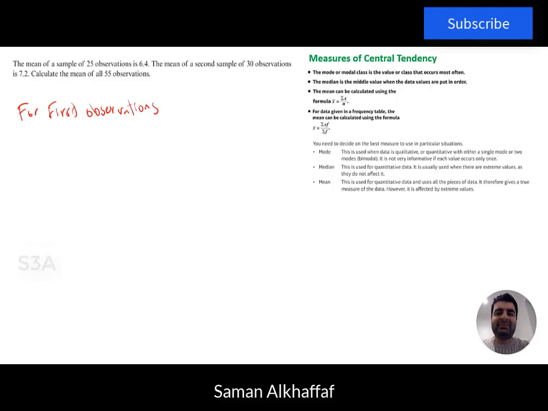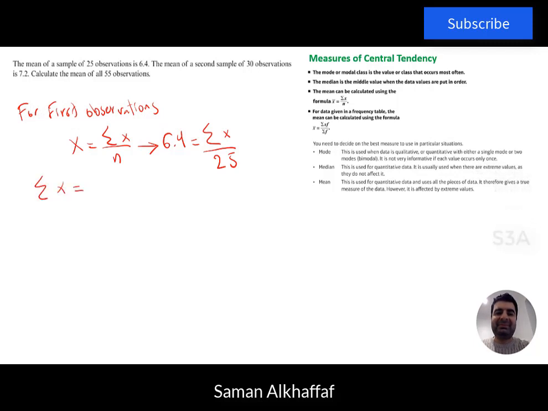would have x̄ equal to the summation of x divided by n, where the lowercase x is the summation of the data, the x̄ represents the mean, and the n represents the number of data values. So in this scenario, 6.4 will equal the summation of x divided by n. In this scenario we have 25 observations, so to solve this we would have the summation of x